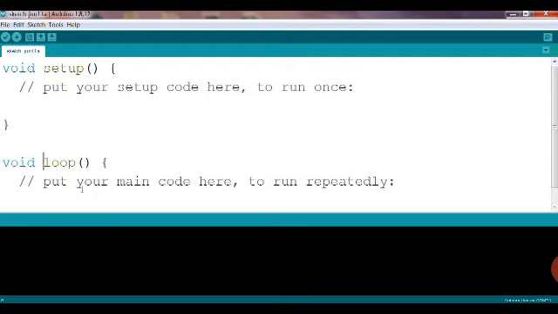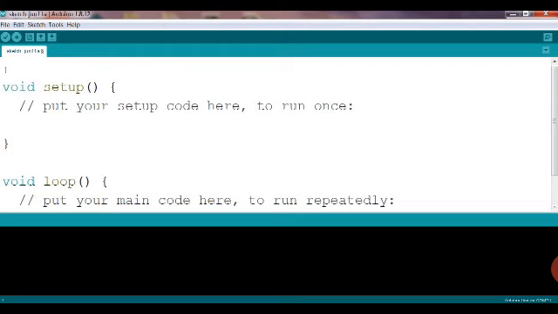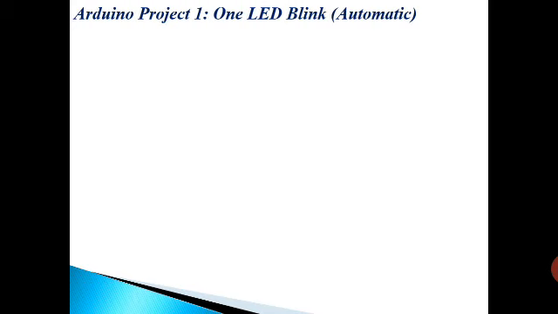And you will see two different programs today that will help you to at least understand the Arduino software. So under void setup we do the setting, and under void loop we do the programming. So the very first project we have, Arduino project 1, is one LED blink automatic. Means if I just want one LED to go on and off automatically at some fixed interval of time,